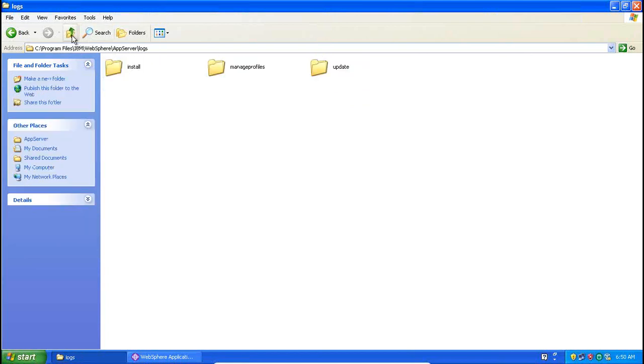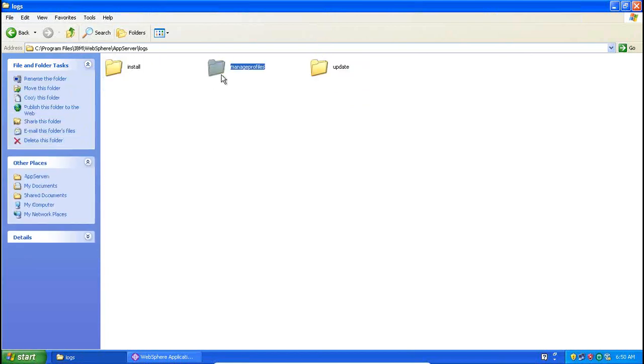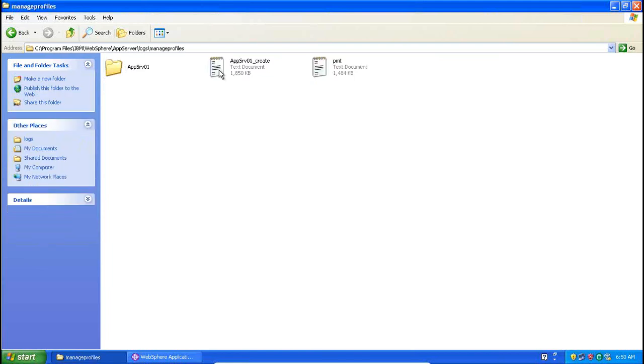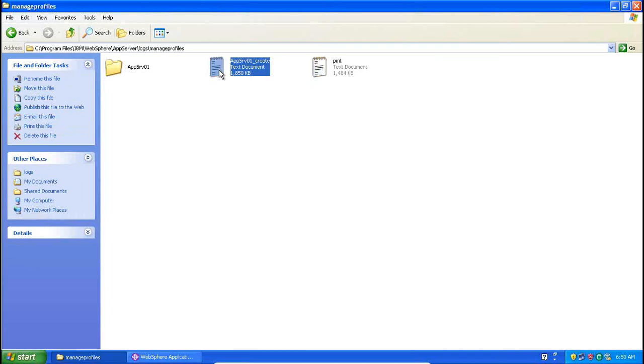After that, where do we need to check? Here we have another folder called manageprofiles. Go to that. You created an application server profile also, right? Just now by using PMT. Cell, node, server, these are all we created just now.